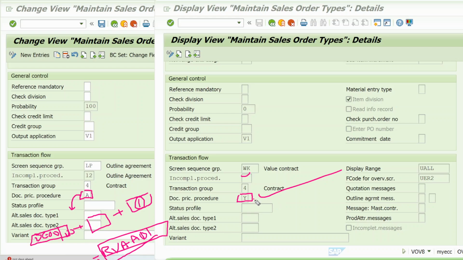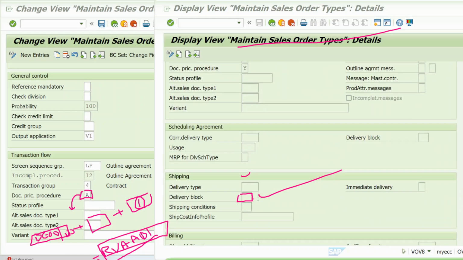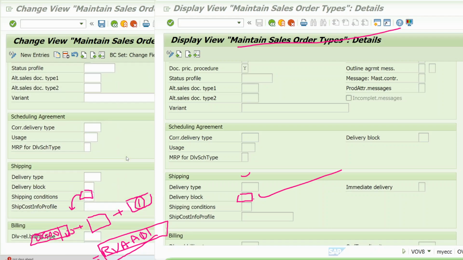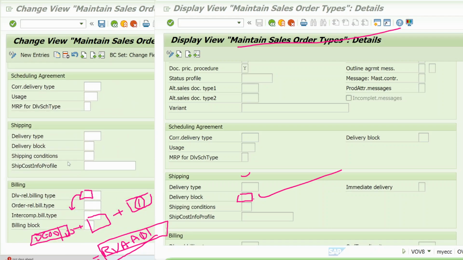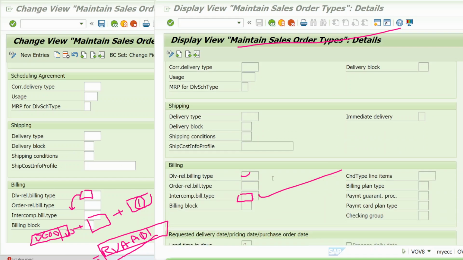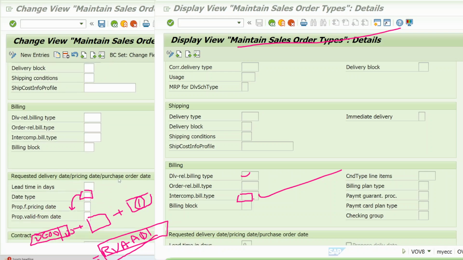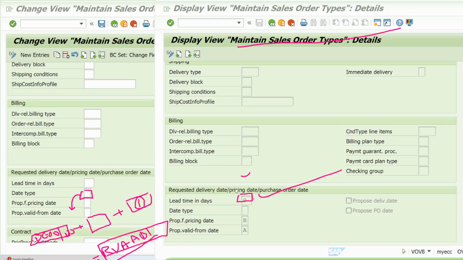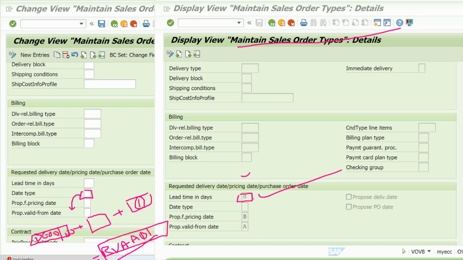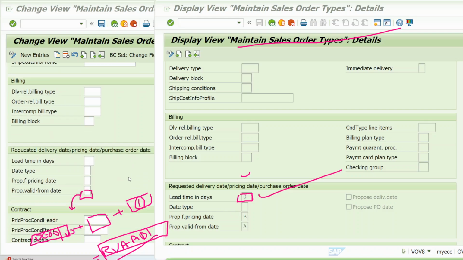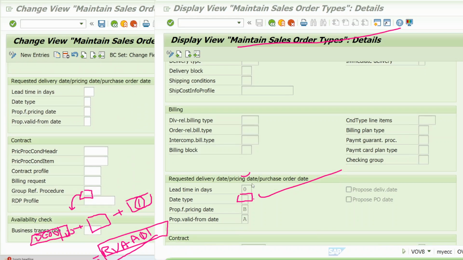Now we will see the importance of why, because I wanted to have a different pricing procedure for value contract. Okay, why we wanted a different procedure, we will see now. Anything other than this, if you scroll down, you don't have your shipping and billing here. The requested delivery date, if it is required you can maintain. Okay, these pricing dates, otherwise it is not a factor to differentiate. But the important thing is, if you go down,